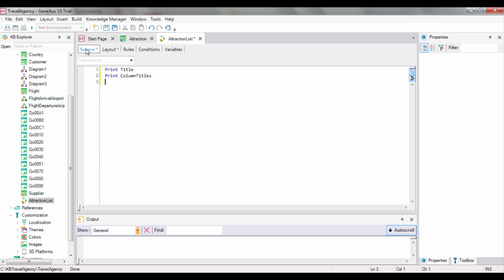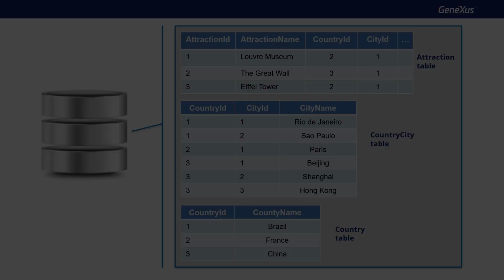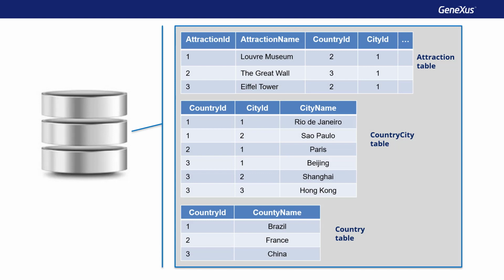Now we have to print the attractions data that is stored in the database. To do so, we must access the physical table that has this information stored. That is to say, the table associated with the attraction transaction. The command that allows us to access a physical table is the ForEach command.